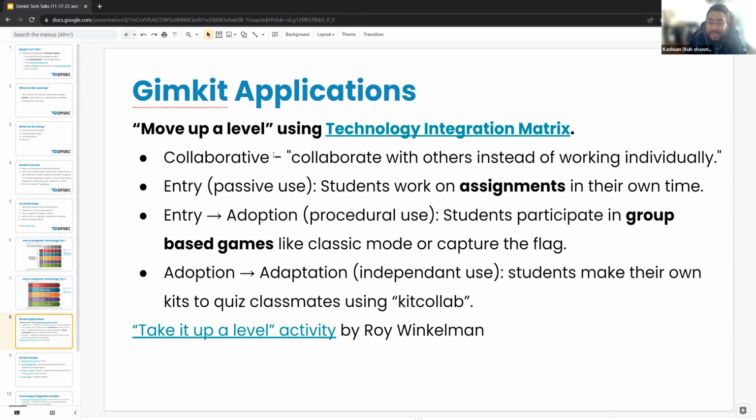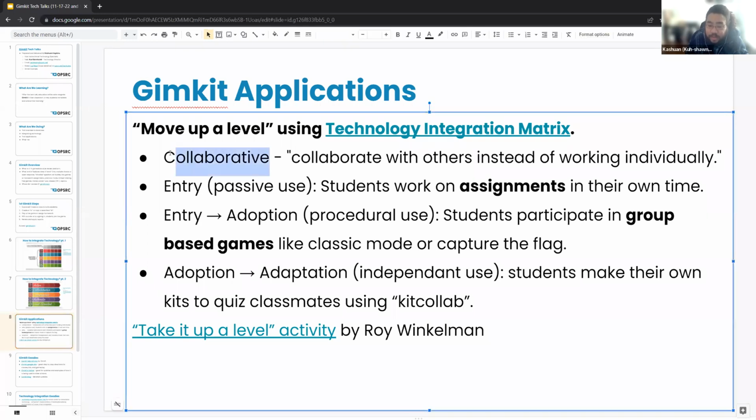for your classroom. But in this case, let's say, for example, that right now I want my students to really work on being collaborative learners. So that is my characteristic. That is typically described by collaborating with others instead of working by yourself individually. If you're collaborating with others, you're bringing in more ideas. You're bringing in space for feedback,